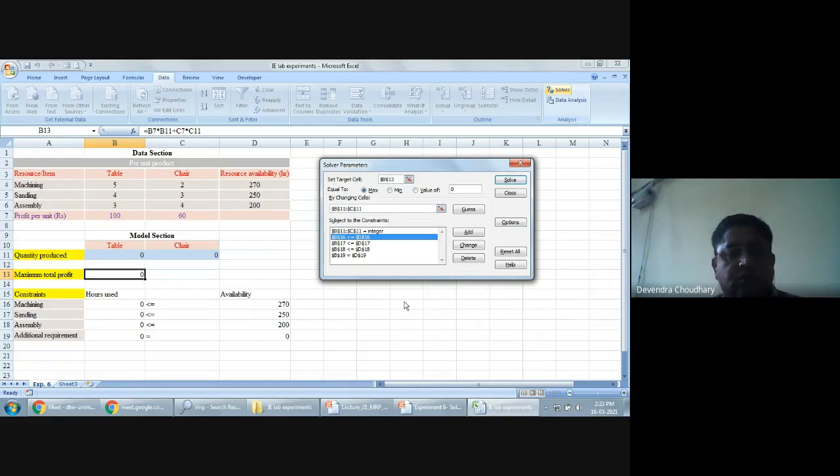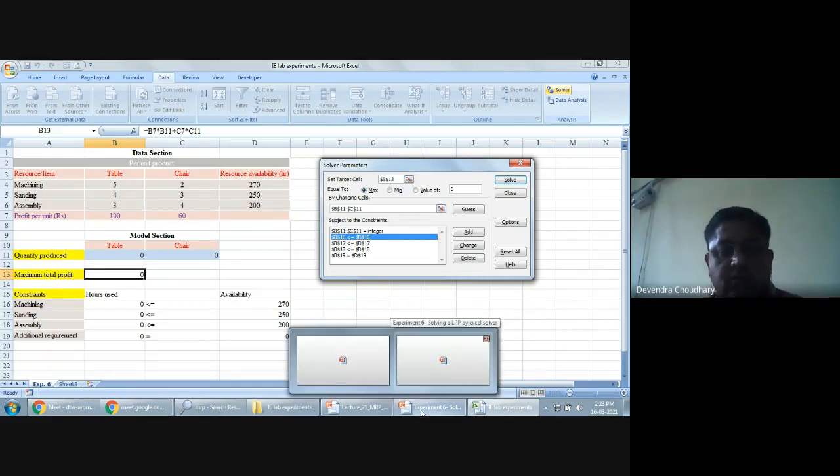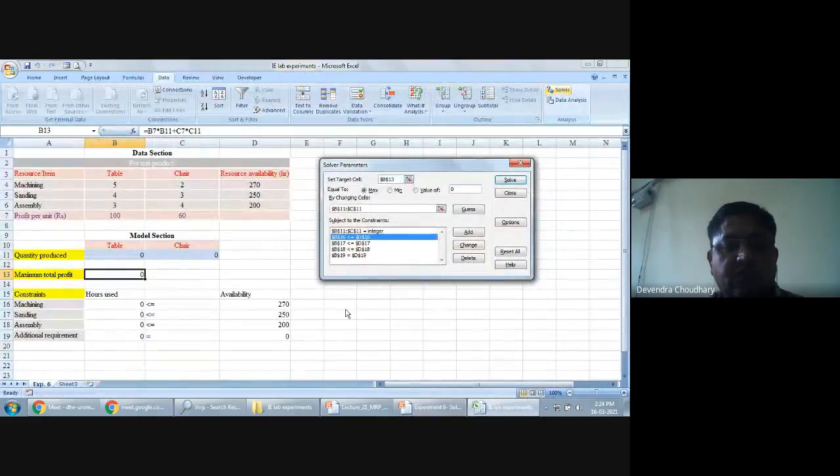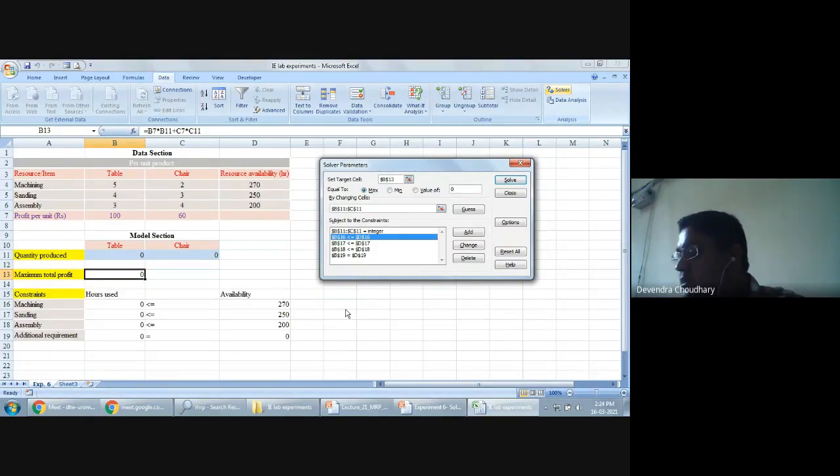So this way you can solve any type of linear programming problem. Now there are some limitations with Excel solver. It can handle around 200 variables or 100 constraints. It cannot solve a problem which has more than 200 decision variables and 100 constraints.